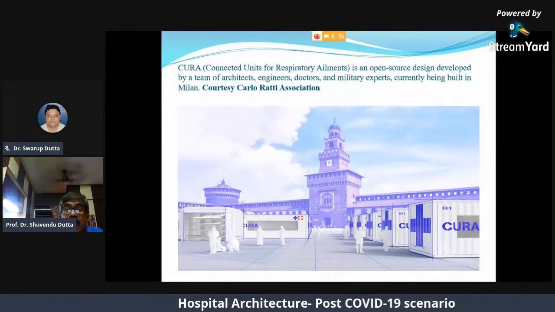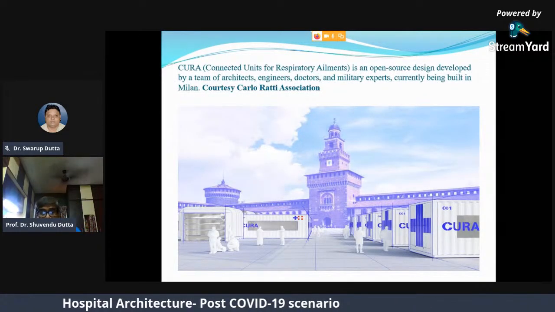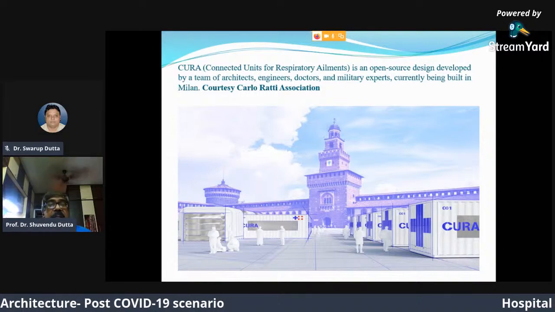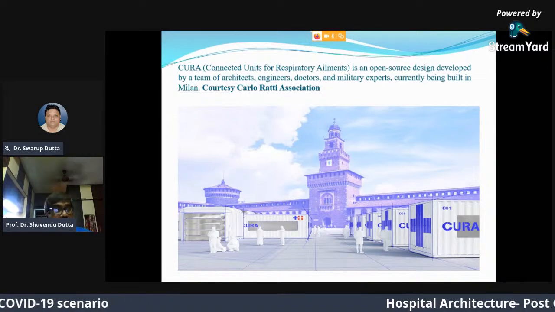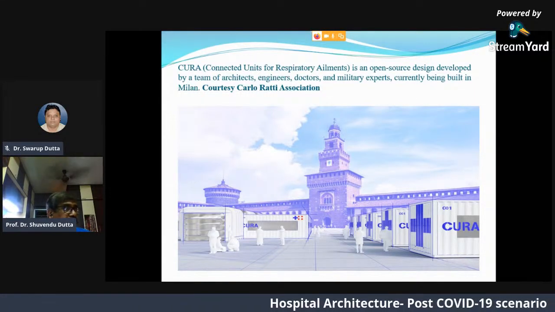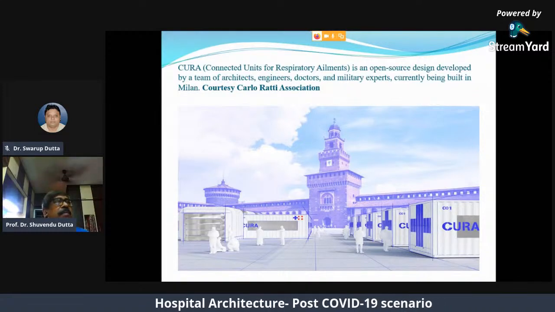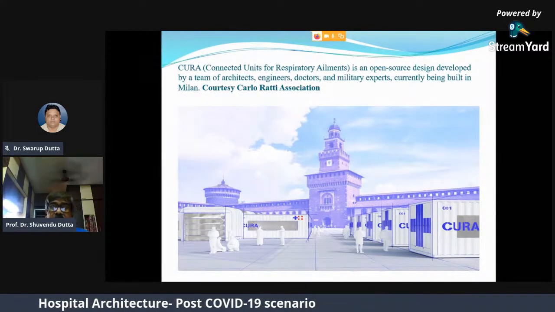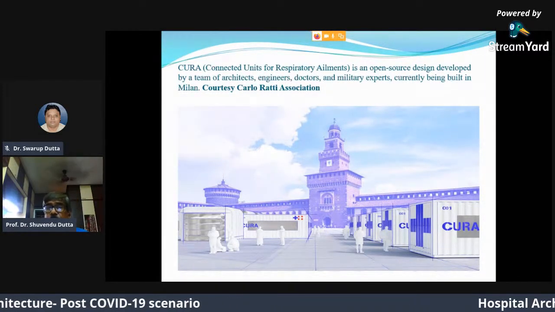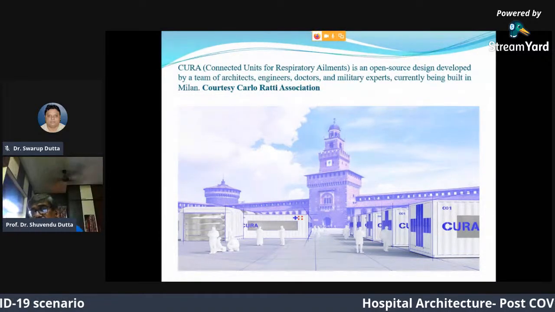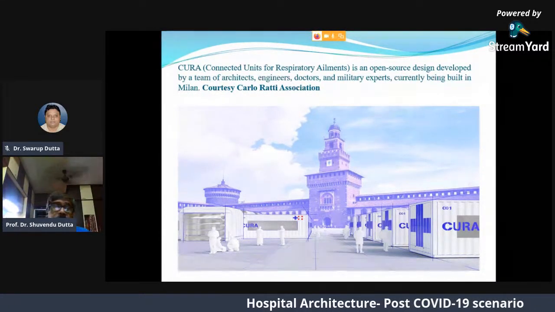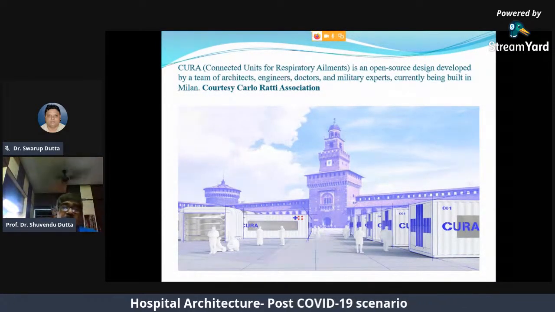Now I have given you this, connected units for respiratory elements. Mainly COVID, SARS, MERS, these are respiratory elements, upper respiratory tract infections. So we have respiratory troubles. So you have to have ventilators. You have to have an